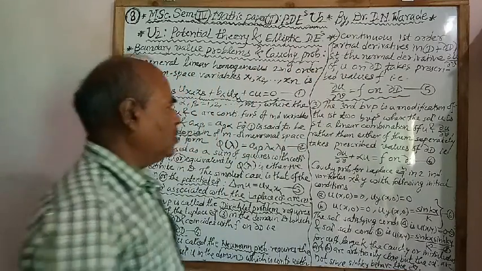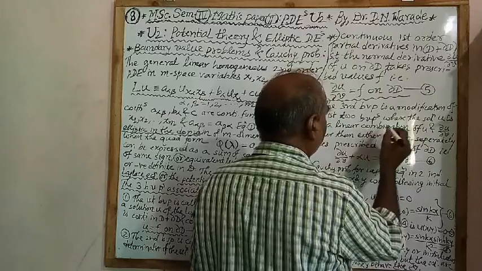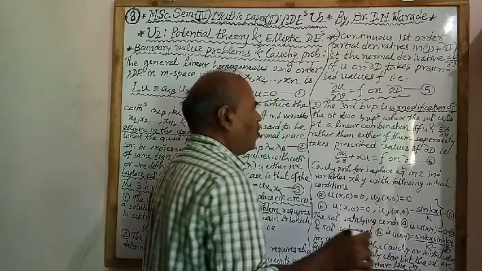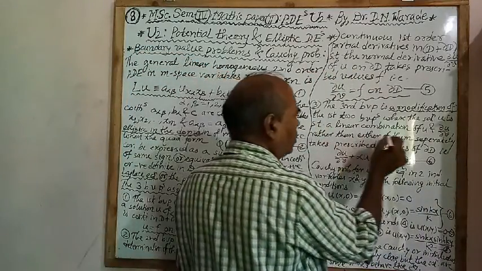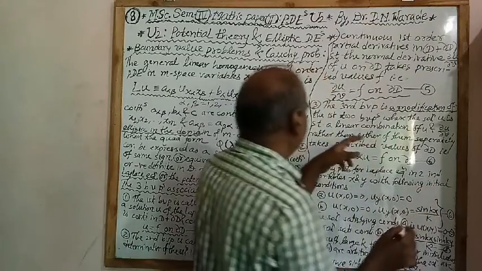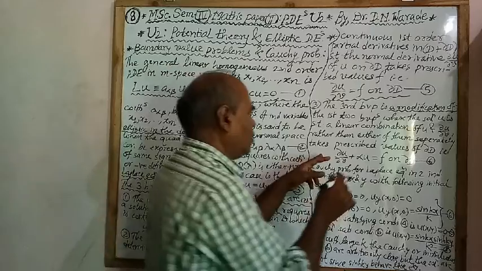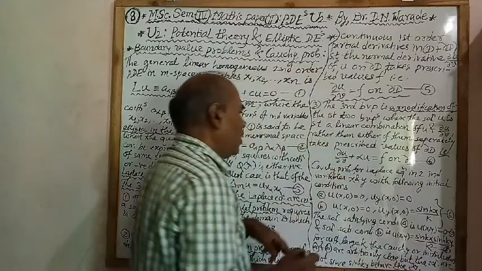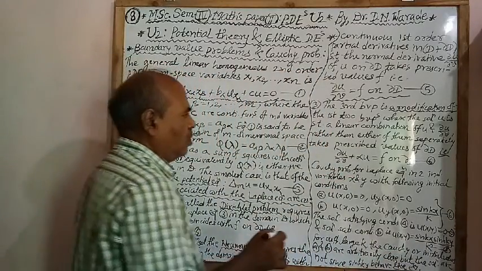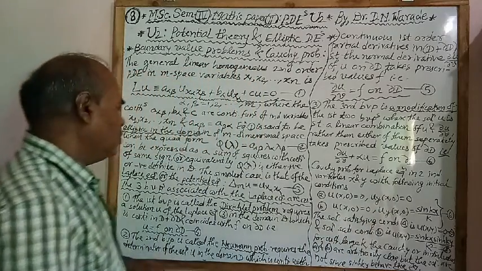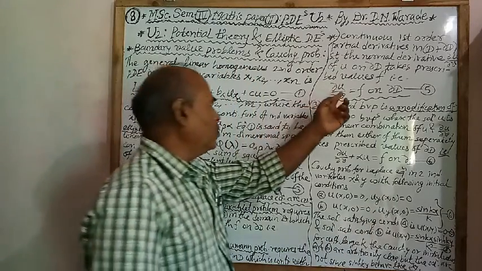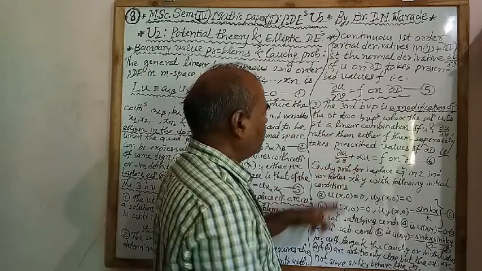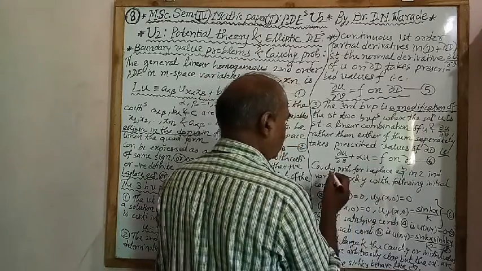Then the third boundary value problem is a modification of the first two boundary value problems, where the solution u is such that a linear combination of u and ∂u/∂v, rather than either of them separately, takes prescribed values on ∂D, that is, ∂u/∂v plus αu equal to f on ∂D, which is a combination of equation 4 and equation 5, where α is a constant.